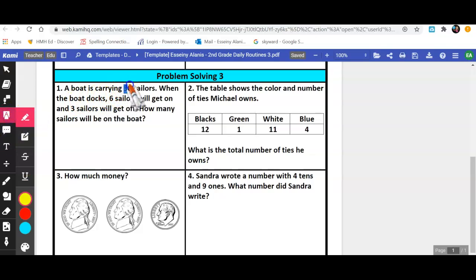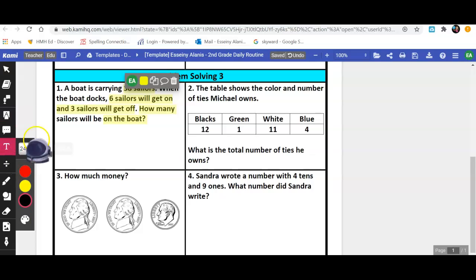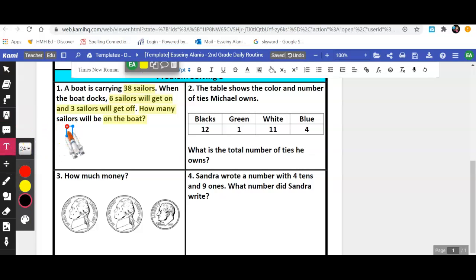A boat is carrying 38 sailors. When the boat docks, 6 sailors will get on, but 3 sailors will get off. How many sailors will be on the boat? How many on the boat? I'm not going to make my list because there's not enough space here. But if I was making my list, I would put what I highlighted on the list. So what I'm going to do is write my number sentence. 38 plus